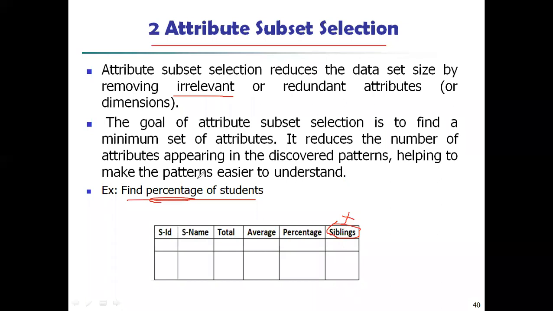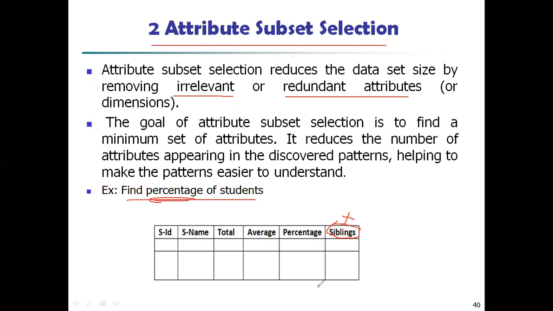After removing the irrelevant attribute, the remaining ones we are going to take, 1, 2, 3, 4, 5, only 5 attributes. That is the first one. The second kind of attribute selection is removing redundant attributes. We are going to remove the redundant attributes also. What are the redundant attributes here? The duplicate ones. If we already have something in one column, and the same column data is replicated in another column also, there is no need to maintain the two columns of data.